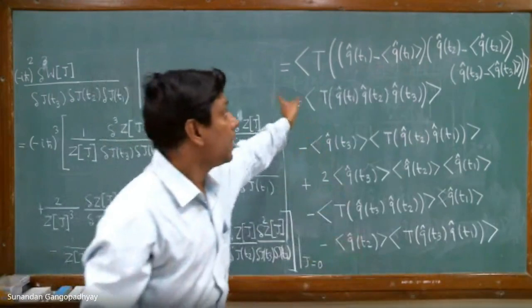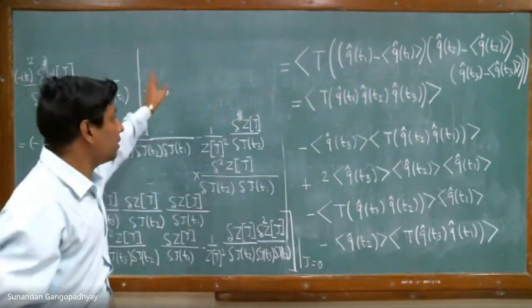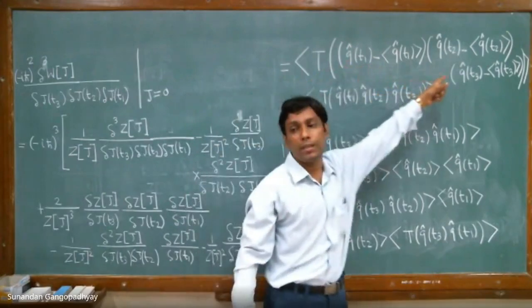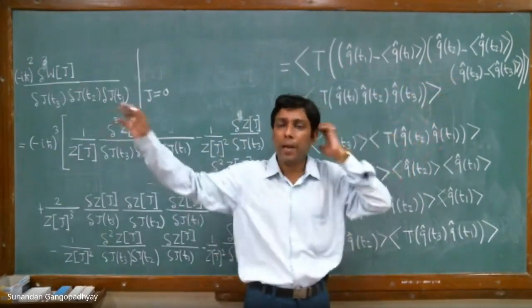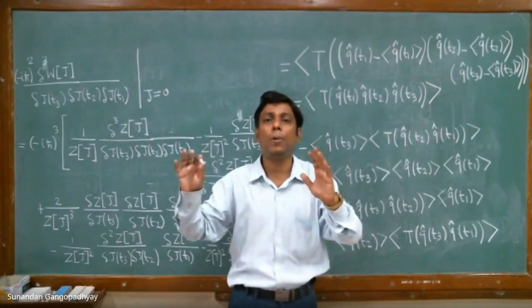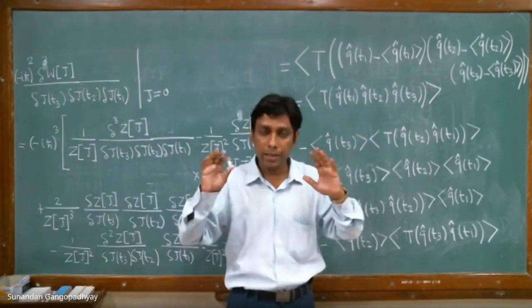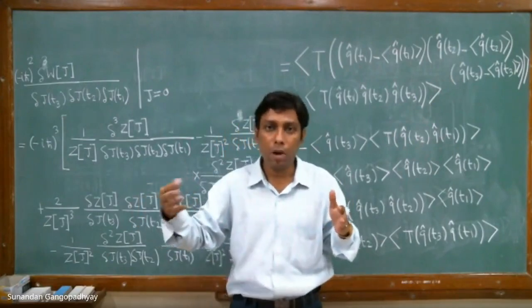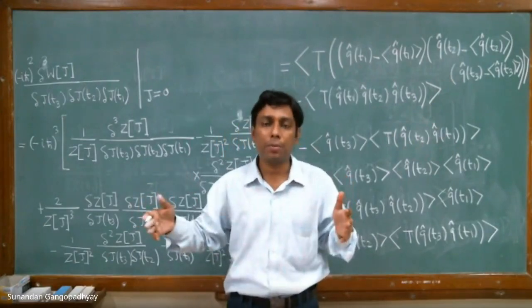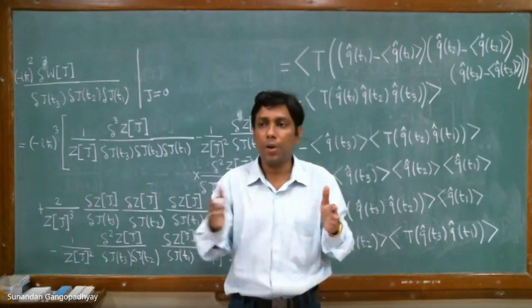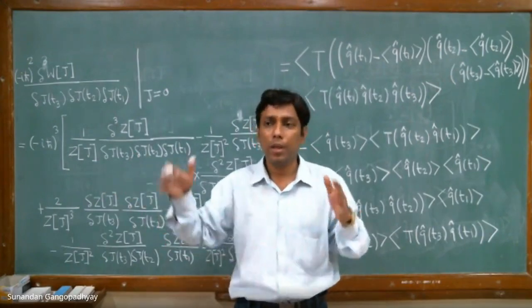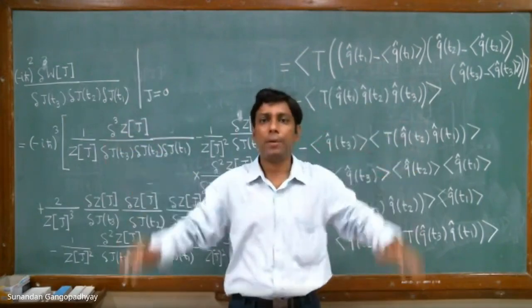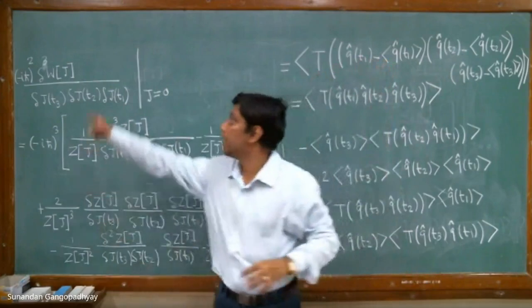So the same result as the one that we obtained in the case of the 2-point function, here also we get the same result. You just keep on multiplying the deviations of the operators from their means, and then take their time ordered product, because there is more than one time. So you have to take the time ordered product, since these are operators. Operators at different times do not commute. Therefore, you take the time ordered product of those things, and then you take the expectation value, and that is basically nothing but this one.